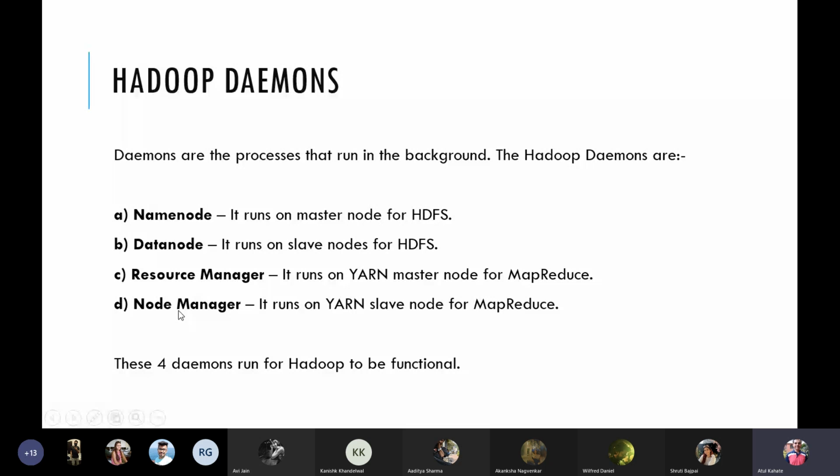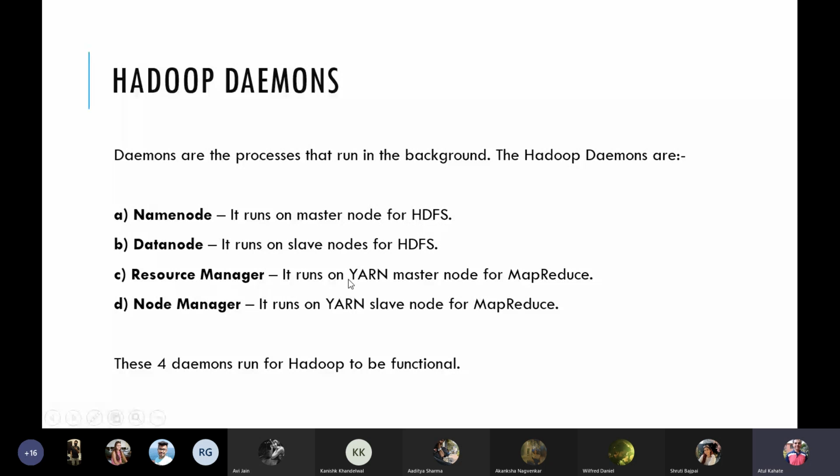The second way to classify this is which ones run on the master and which ones run on the slave machines. If we use that type of classification, then what runs on the master are name node and resource manager. Name node runs on the master for HDFS.